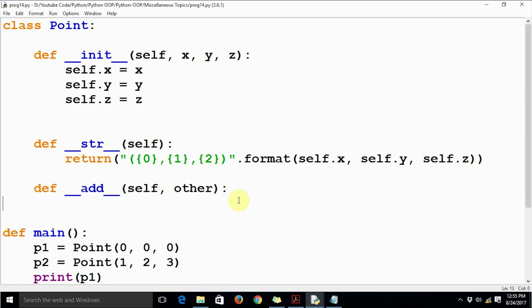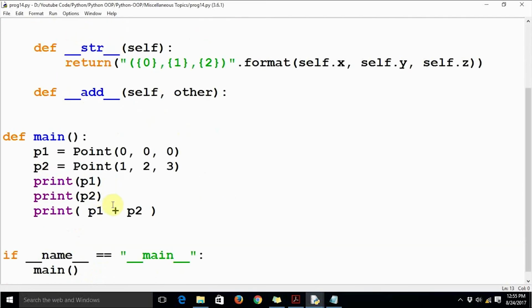This is the convention. So if you want to overload the add operator, you will have to define this method only. The parameters could be different, but the name of the method should be __add__.